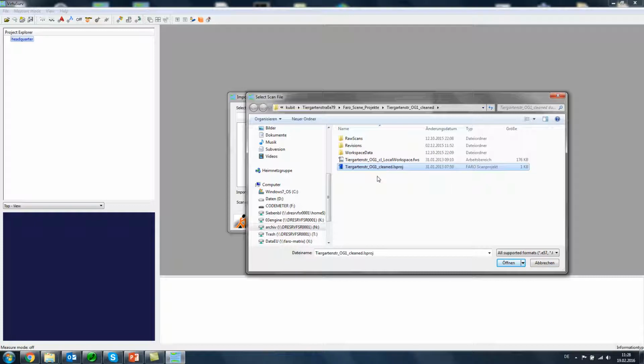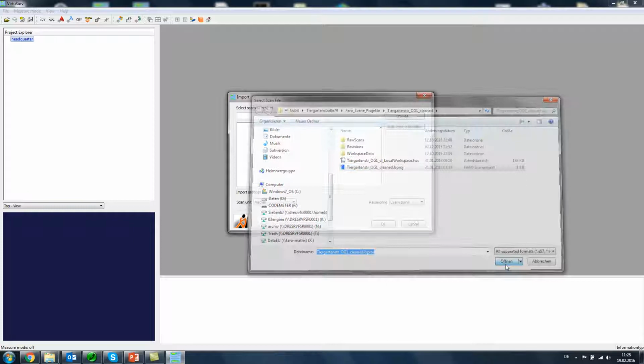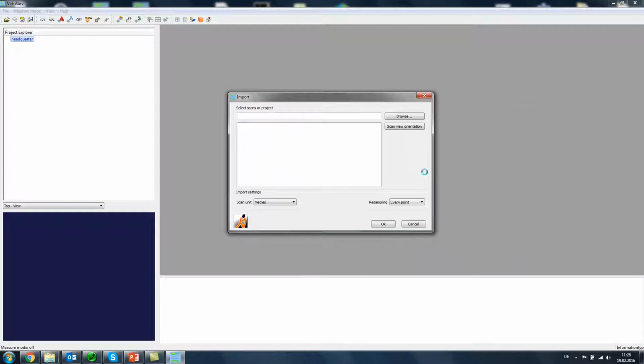I have here a FARO scan project file, LSProj. I will select this one, hit open, and it will take a few seconds, and I get a list of all the scans which are included in this specific scan project. In the scan list I can select if I want to import all those scans or just